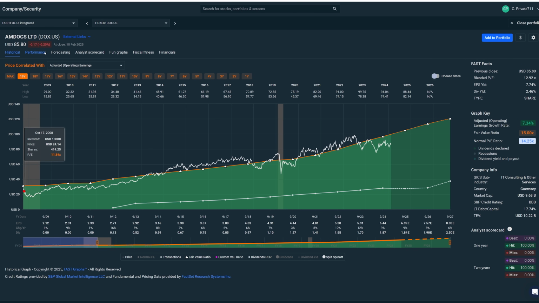So if I look at performance real quick during this period of time, I'm going to do it simply here. I'm just going to go by clicking the dots here. I end up making 9% a year on a company growing at 7% a year because I got a little bit of value creation through PE ratio expansion and I got dividend income. Now, to put that into